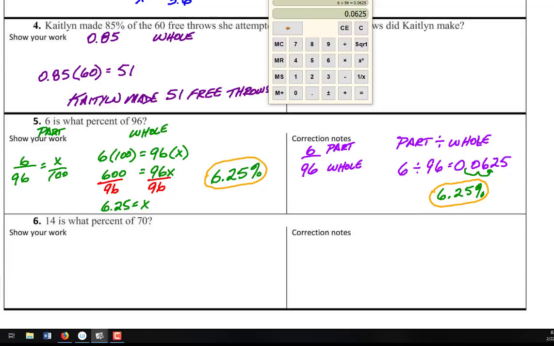14 is what percent? So the 14 is the part, the 70 is the whole. We're going to divide the part by the whole. We're either going to do that as a straight up division problem, 14 divided by 70, which gets us 0.2, which is equal to 20%, or we're going to set up a percent proportion